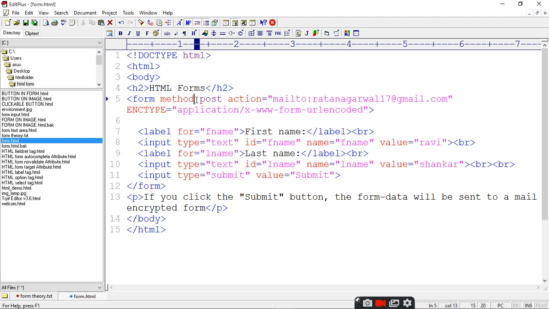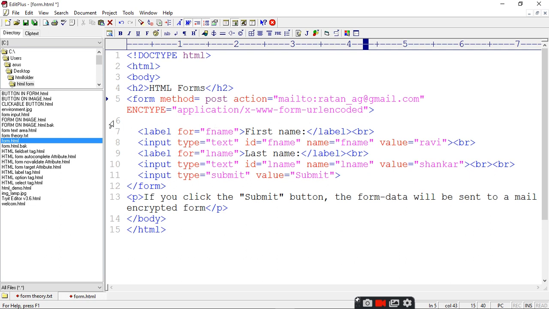So submit type of input, and when you click submit, the form will go to the action, where there are two types of method, get or post. So form action: I am sending the information to the mail of some person at gmail.com.